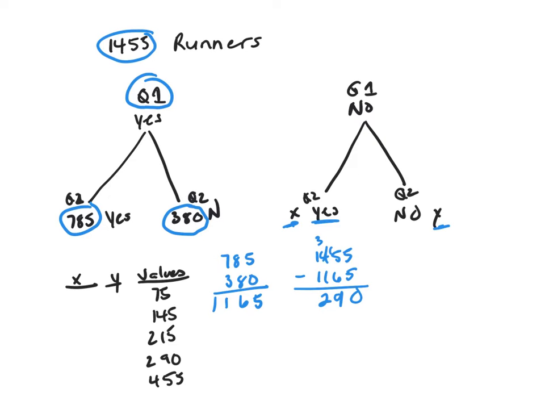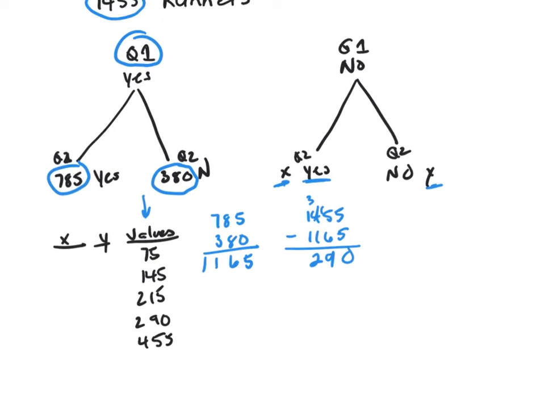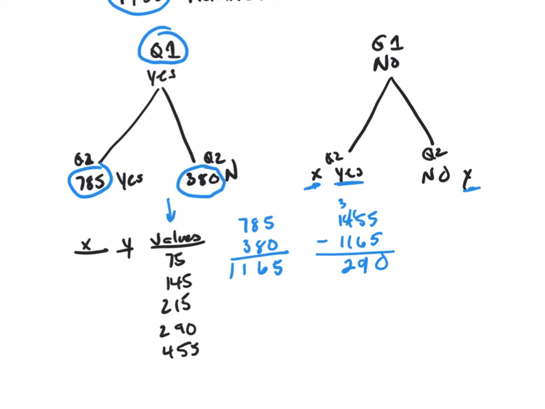So look at your choices here. We know that X is greater than Y. The number answered yes is greater than the number answered no. Well, it can't be. So we've only got 290 left. This number is too big, so just cross that out. And 290 is too big. But what is